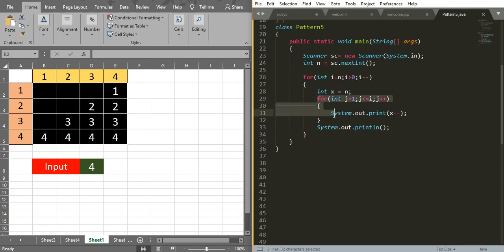So for printing the numbers, we are writing one loop. Before that, we have the spaces, right? Before printing the numbers, we have spaces. For printing these empty spaces, we have to write one more loop before this for loop.